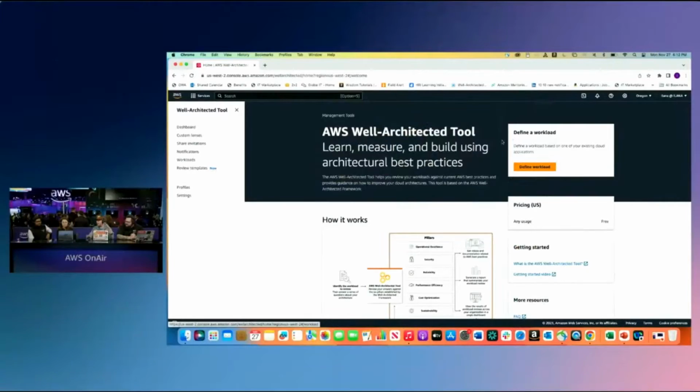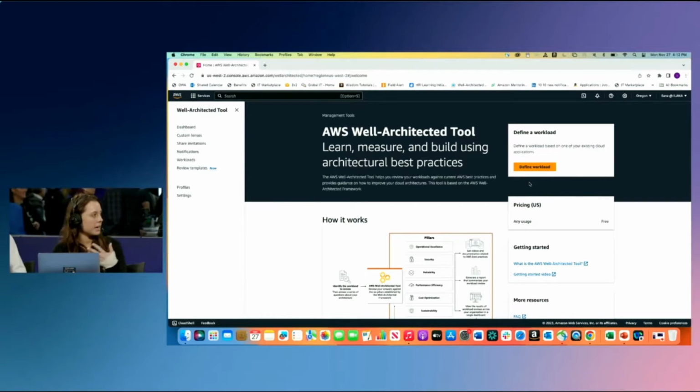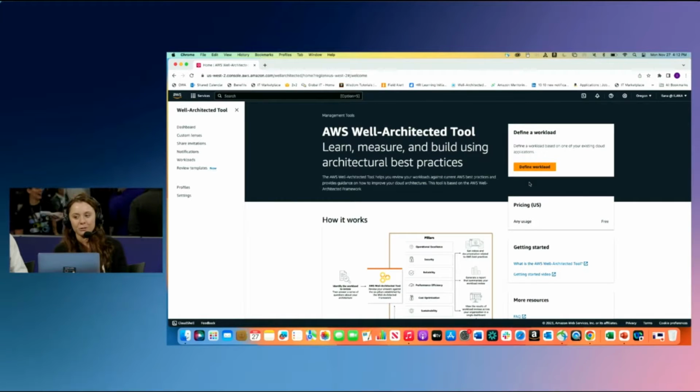Anyway, so it sounds like we're jumping right to the demo. So tell us as we get into the demo and pull up your screen, how do the well-architected tool and the well-architected framework coalesce? Yeah, great question. So the well-architected tool is a way that you can actually review your workloads against the well-architected framework. So that's an element of how you can review your architecture against the AWS best practices.